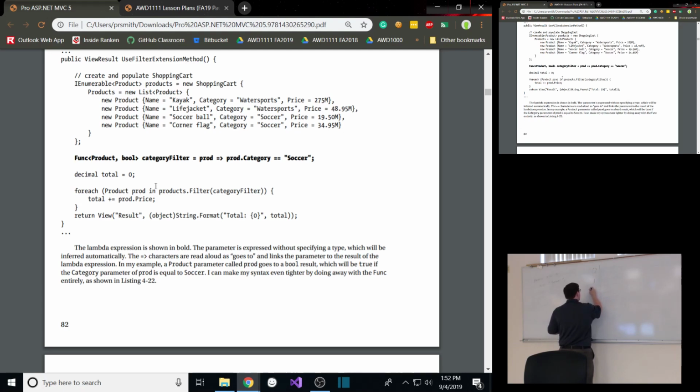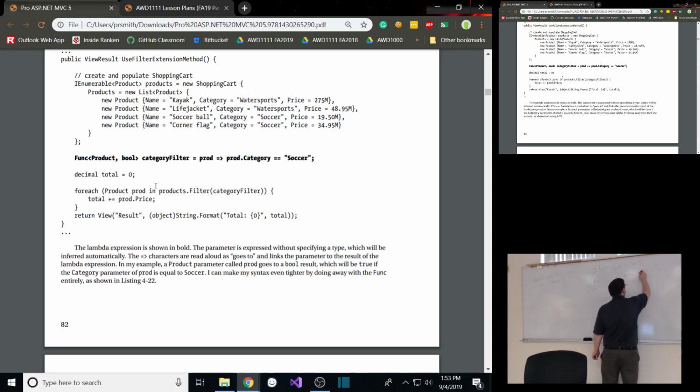If I have more than 1, I need to write it another way. Here, this would be a function that takes no parameters and returns 5. If I want to take 1 parameter, I might say x arrow